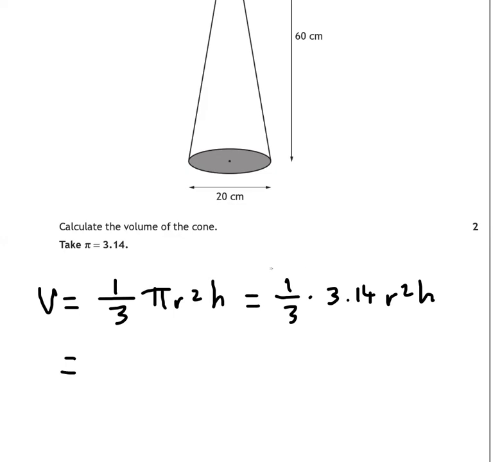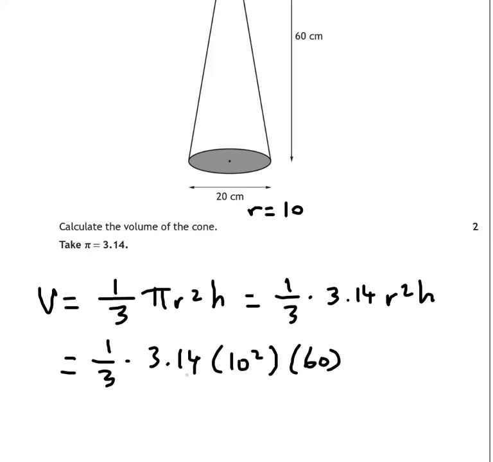And then we just plug in the values we're given. So the diameter is 20 centimeters. So the radius would be 10 centimeters because it's half the diameter. And then the height is 60 centimeters. So that would be 3.14 times 10 squared times 60. And then we can see that 3.14 times 100 would move the point twice to the right. So we end up with 314